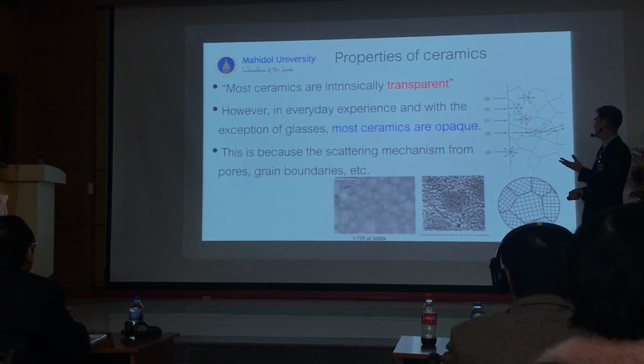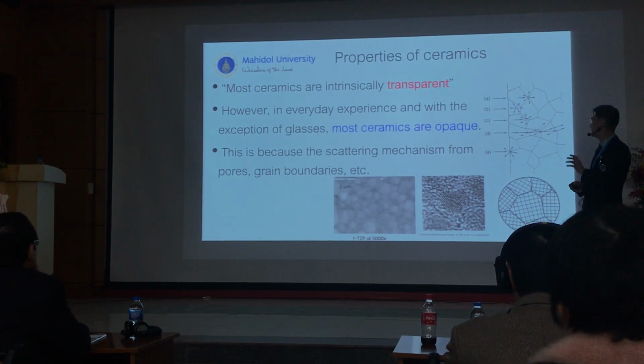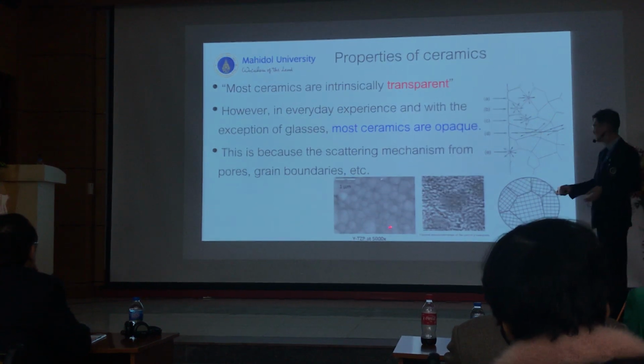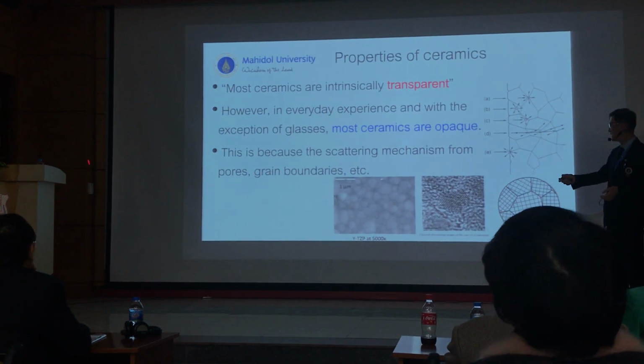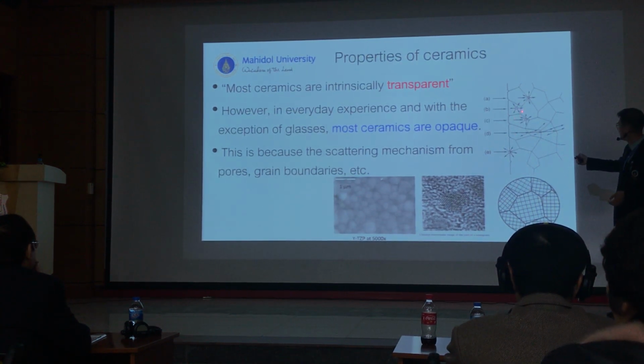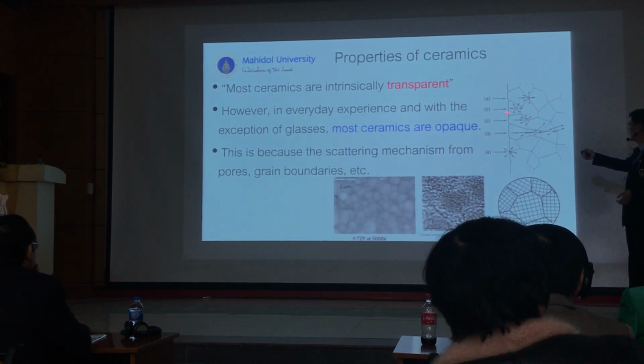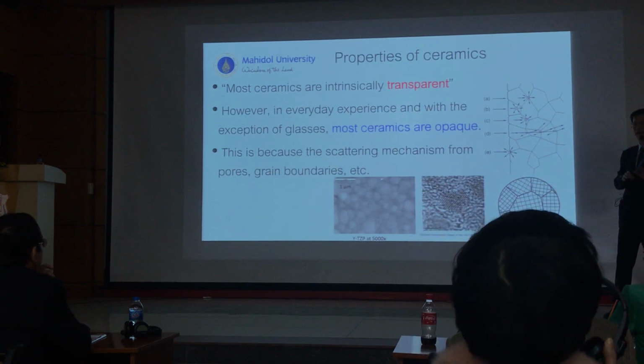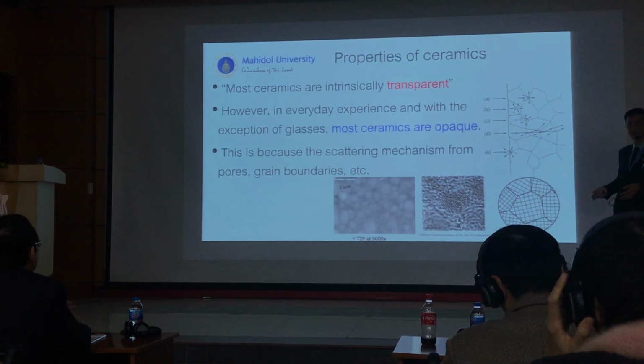Zirconia and alumina are very opaque and white, not clear, because there are a lot of crystals in there. When the light passes through each one, it can pass easily. When it meets a grain boundary, the light may be reflected back or absorbed in the end. So the light cannot pass through because of the crystal structure like that.